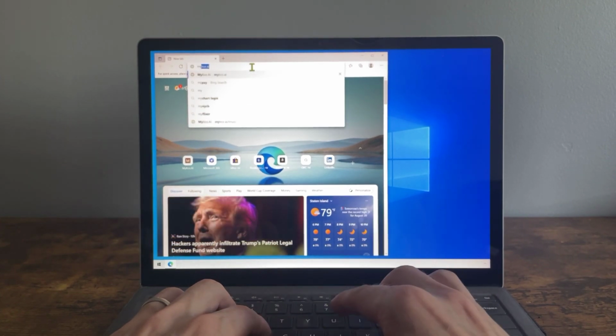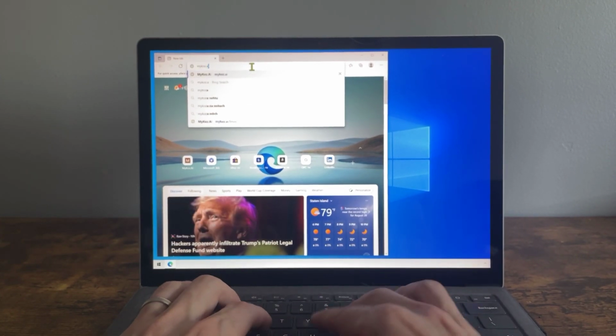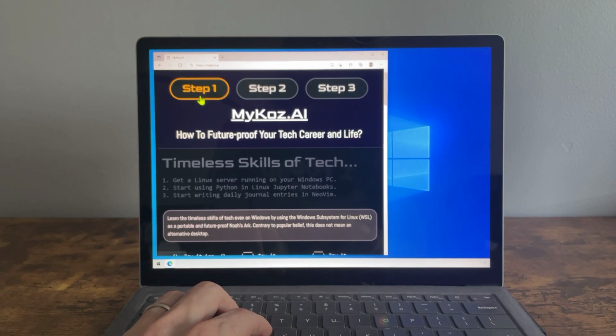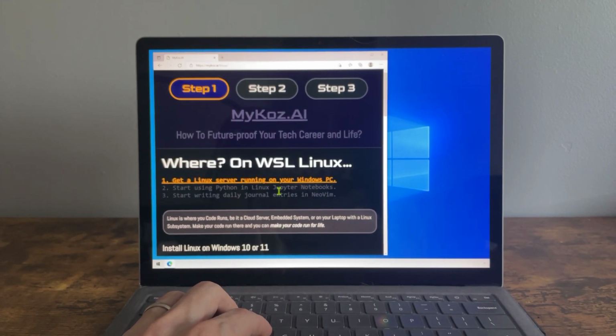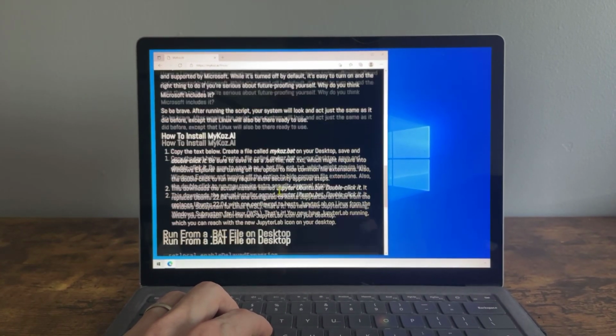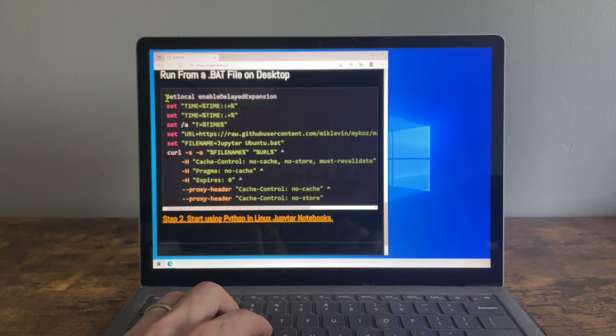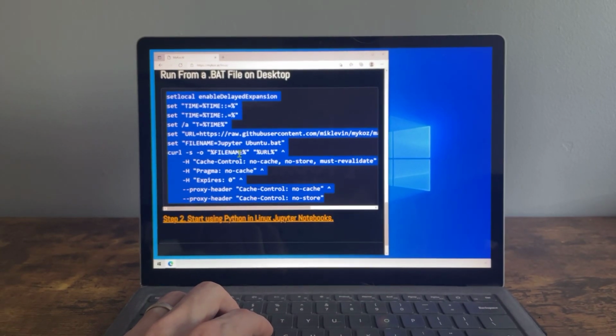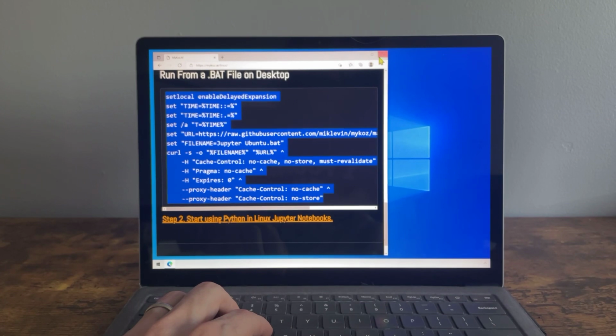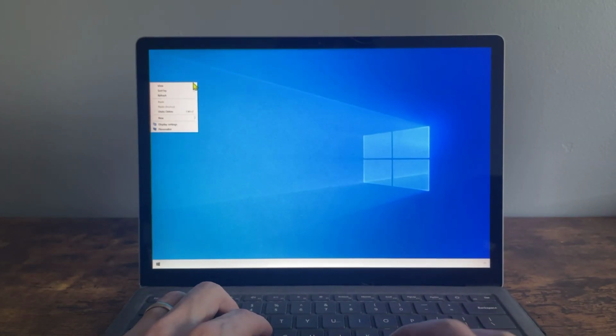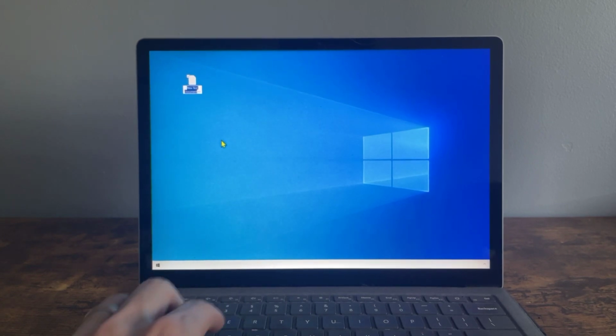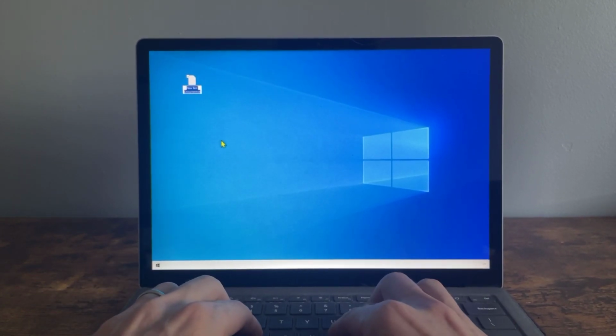We go to mykoz.ai. It's a site where I'm doing my little endeavor here. It's a special installer script for Windows Subsystem for Linux. And so we just copy this text here, and then we create a new text document. I do select all, and I call it